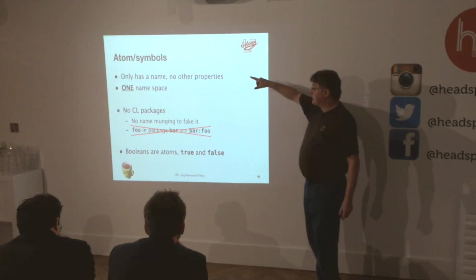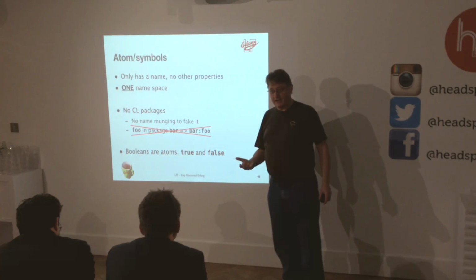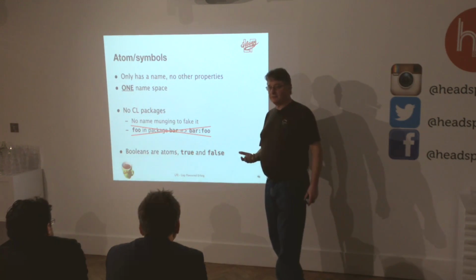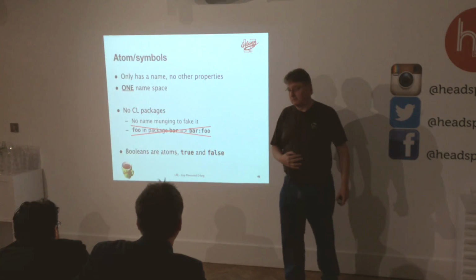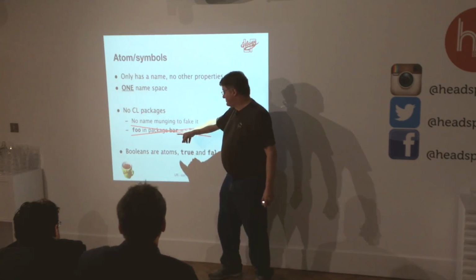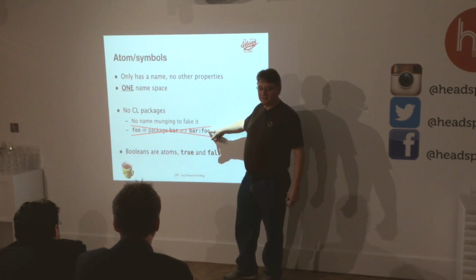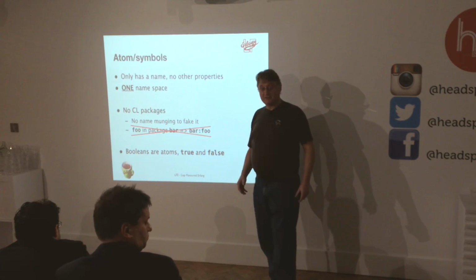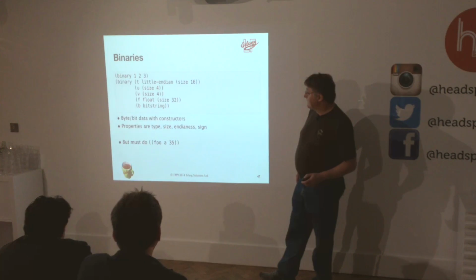So a few things here with atoms and symbols. If you're coming from Common Lisp, which has a package system for handling its symbols, Erlang cannot do that because we only have one namespace for all atoms. We use atoms for symbols. We just have one namespace, so we cannot do Common Lisp packages. Right? There's just no way around that. You could try faking it: if you've got the package bar with the symbol foo, you could translate that to bar:foo, but that would really screw things up if you tried to do that. Honestly, we just don't do it. So we can't do Common Lisp packages. Forget it.